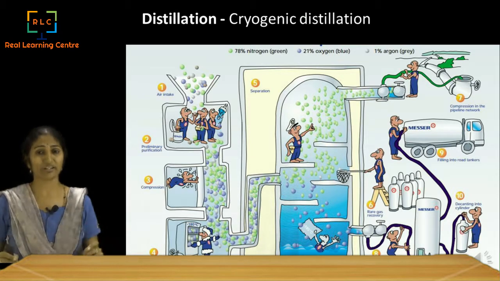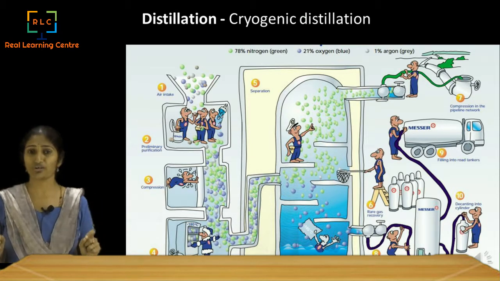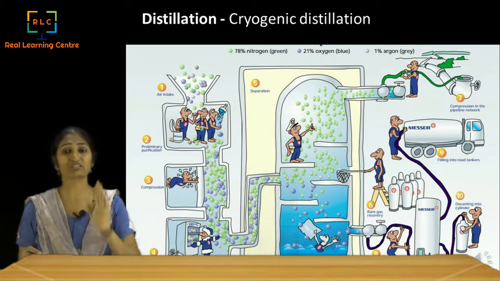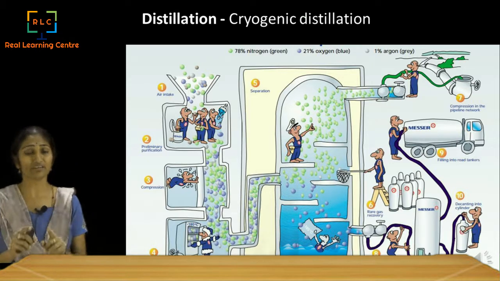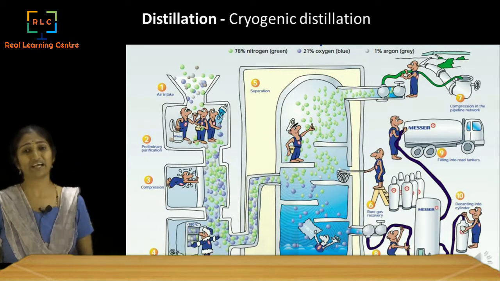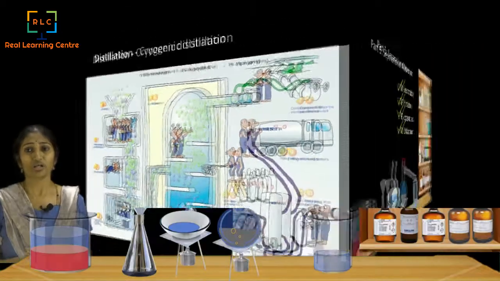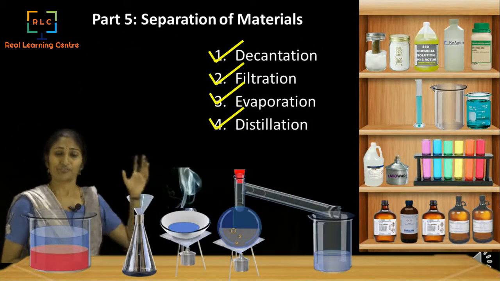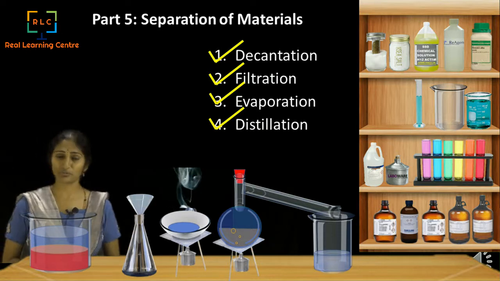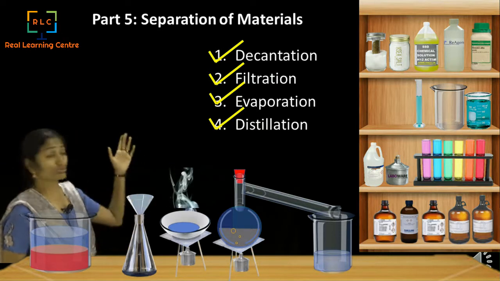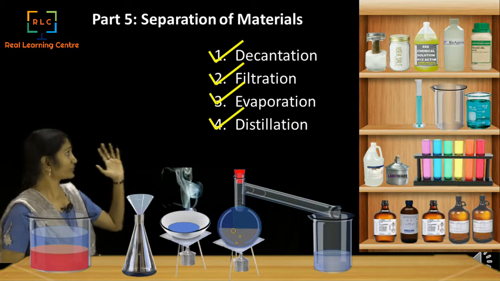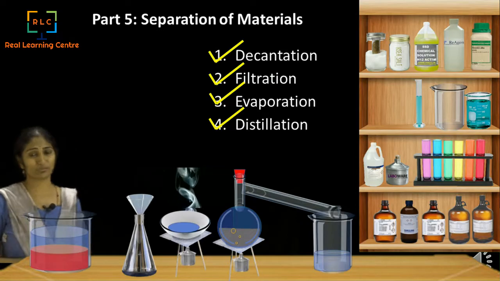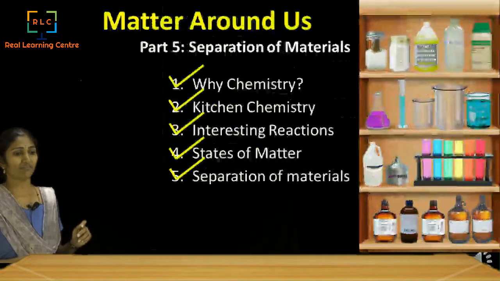Basically, when we are focusing on the differences in their boiling points as well as melting points, and we are using that to separate out the components, we call it distillation. So we have studied various methods of separation of materials, including decantation, filtration, evaporation as well as distillation. This finishes our